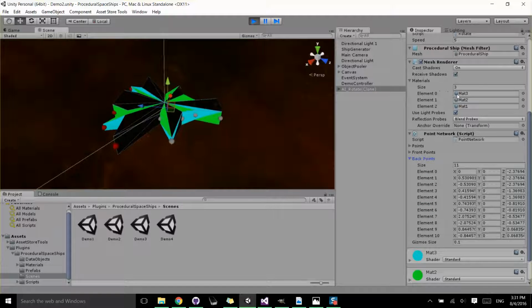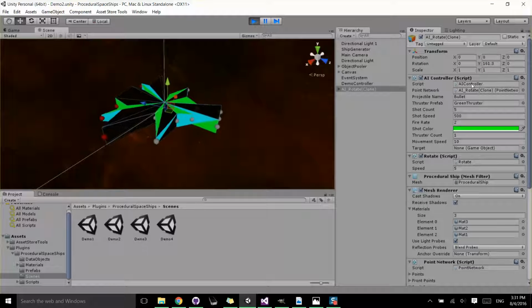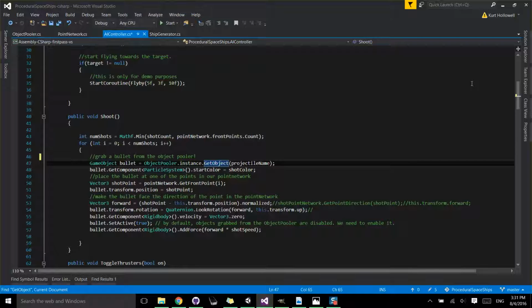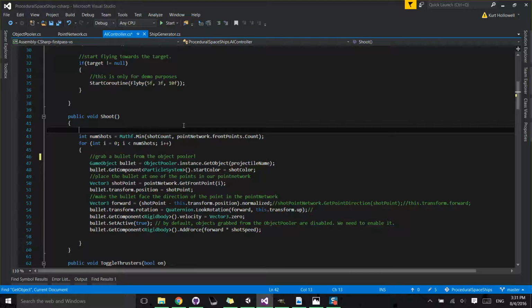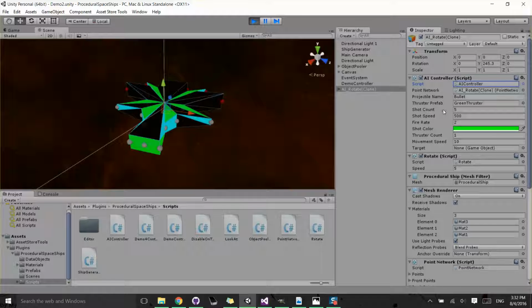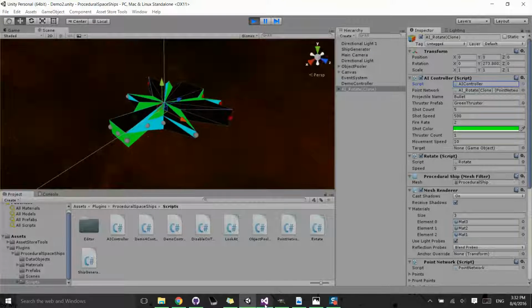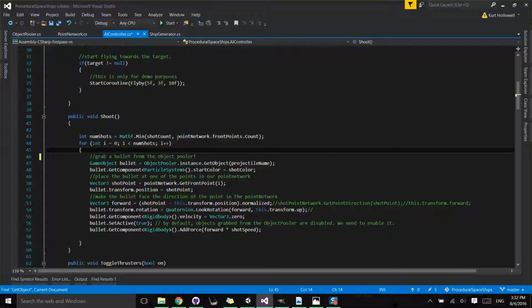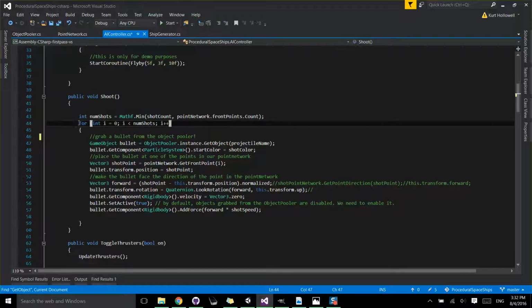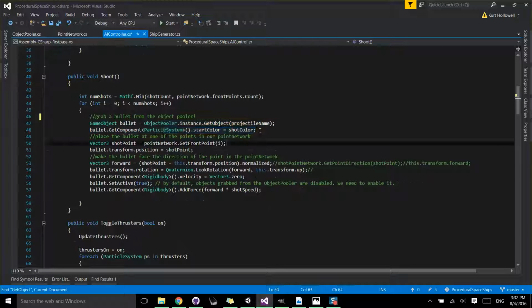If we go into our AI controller script that I have as a demo, you can see how we're shooting. I have this shoot method that's getting called, and basically it says, okay, how many shots do we want to shoot? It's grabbing the min of shot count, which is a variable on the script that you might want to adjust. Like if you level up, you can shoot more, and so on. And then it's getting the min of that, and how many points that we have that are possible to shoot from. Then it's just a simple for loop that each time grabs a bullet, adjusts the color of the bullet,